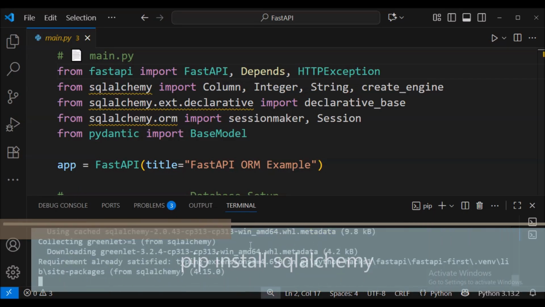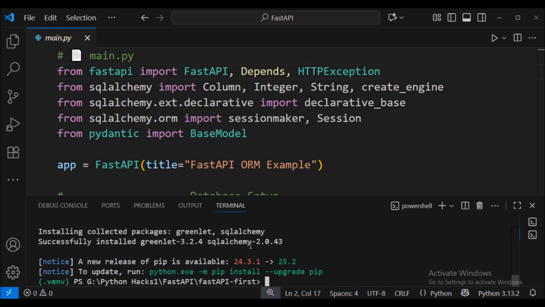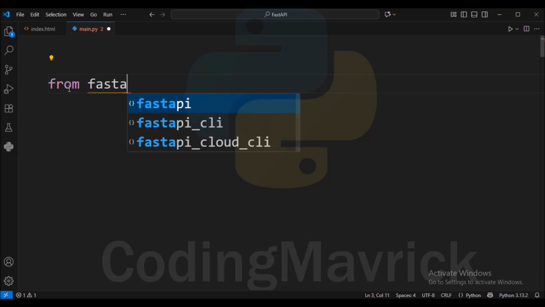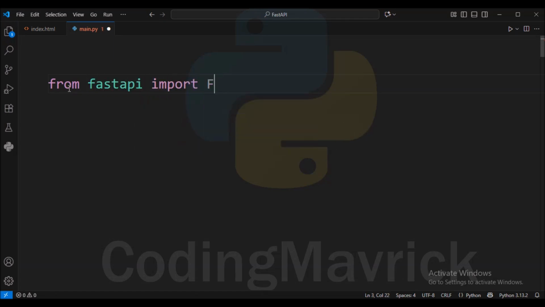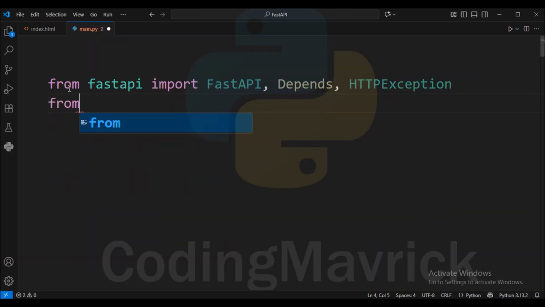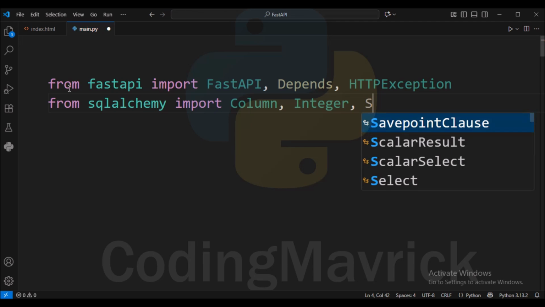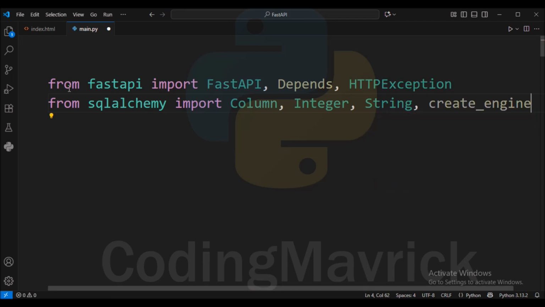First of all, I will download SQLAlchemy inside my virtual environment. After download, I will import FastAPI and helpers from FastAPI to create the app. Depends for dependency injection, HTTPException to raise HTTP errors, and Response when we need to return an empty status only response. Import SQLAlchemy building blocks including Column, Integer, String for table fields, and create_engine to connect to